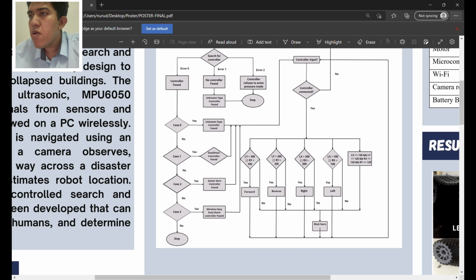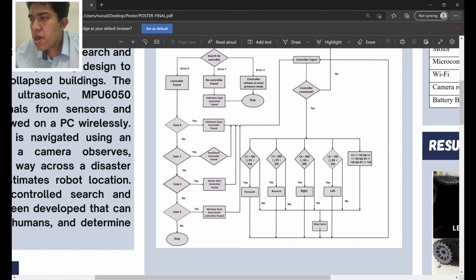and whichever controller has been found, the system then checks whether there is any input from the controller or not, and constantly checks if the controller is connected or not. If the controller is not connected, it will return and check for a controller within its range. Initially the controller output is 128. All the parameters are 128, which indicates the robot should wait at the position where it was,